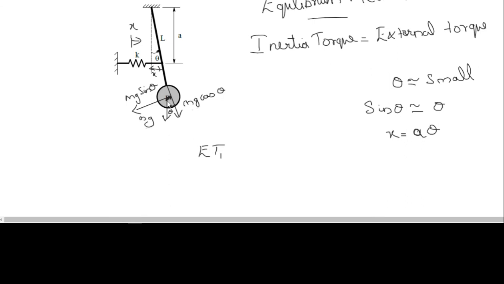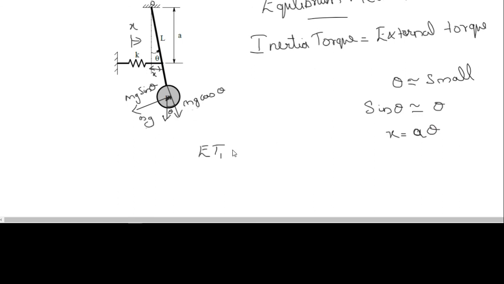Now we are considering external forces, and there will be two external forces, as I said. One will be the mg sin theta component, the other will be the spring force component. Mg cos theta will not act as an external force because it is acting along the line of action of L. Or you can take moments about this point O, because mg cos theta is acting on the same line as O, so there will not be any moment, as no perpendicular distance will be there.